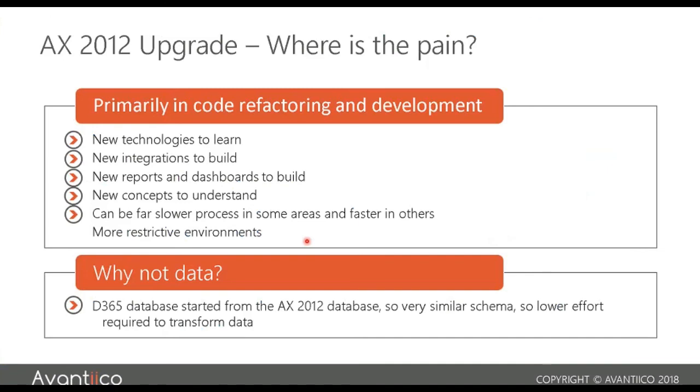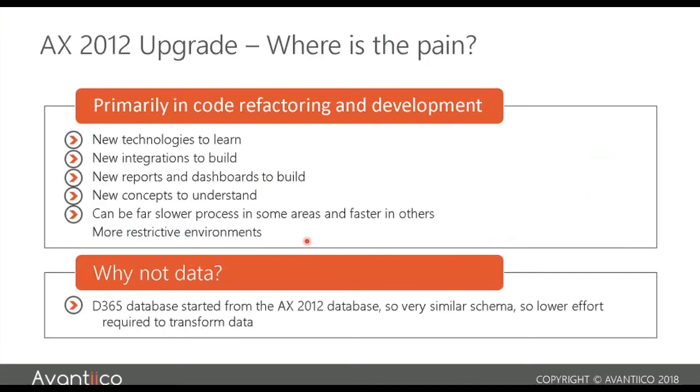So where's the pain in 2012? Well, from 2012, while there's a lot of differences, all the code now is XML based in Visual Studio. It's still X++. If you see a piece of code in 2012, you can read that same piece of code in 365, but there's a lot of differences. So lifecycle services, the data entities, the integrations, some of the new technologies, working with version control. Something that was optional in previous versions is now something you're going to have to be using.